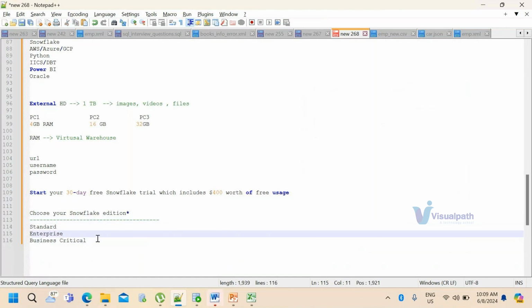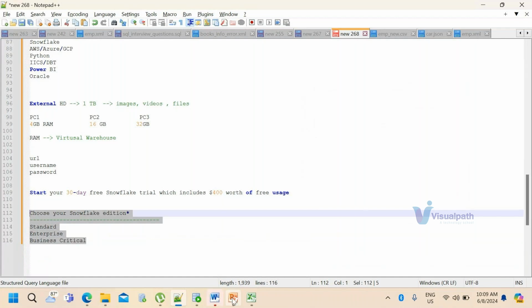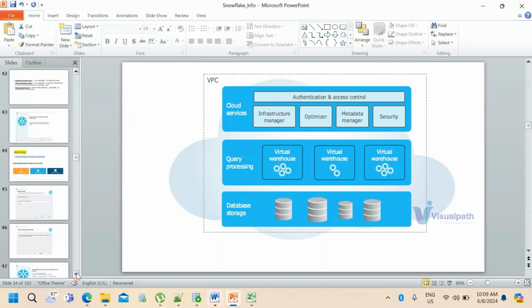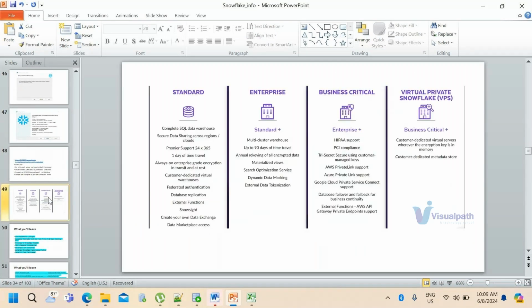What exactly is meant by this? I'll show you one slide wherein I have listed all the different options of each edition: standard edition, enterprise, business critical. It's too early to understand these terms.